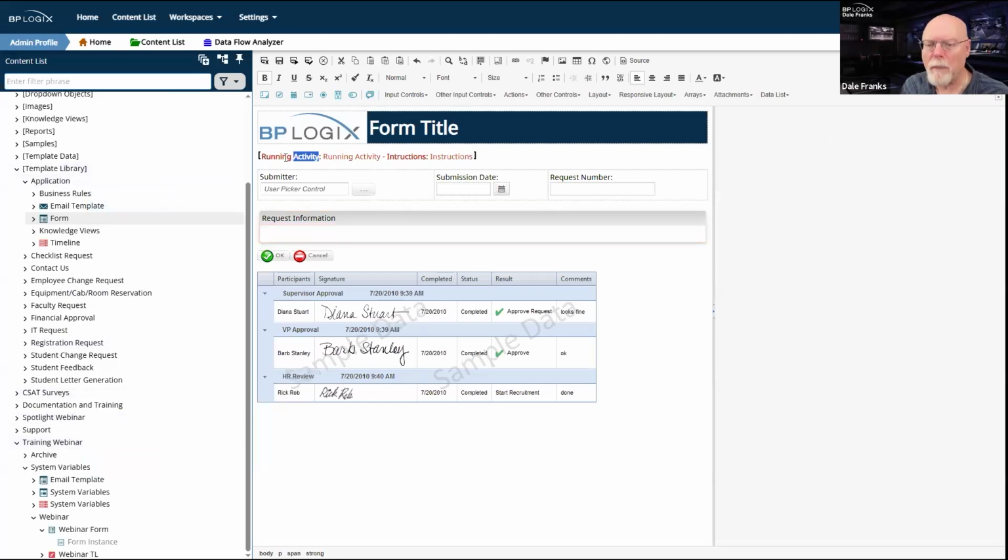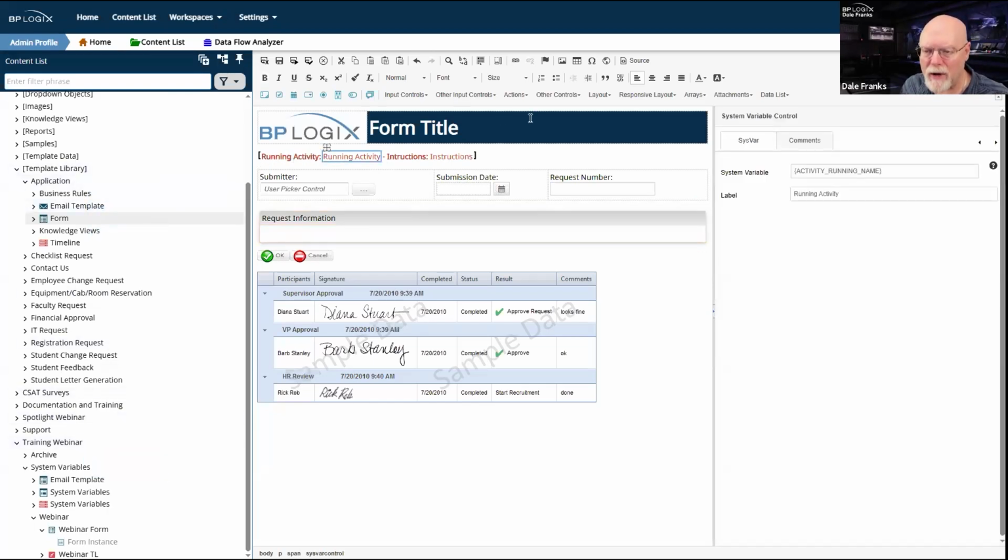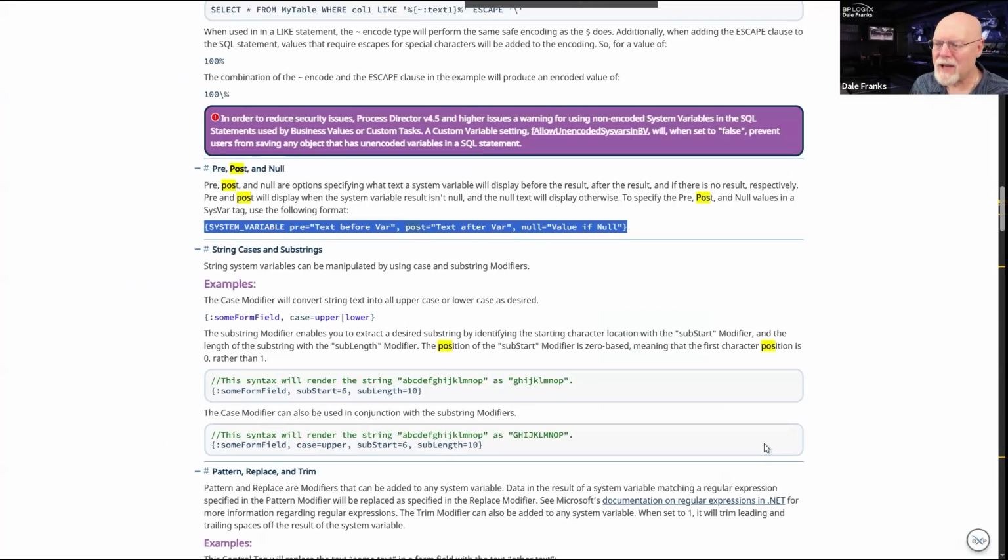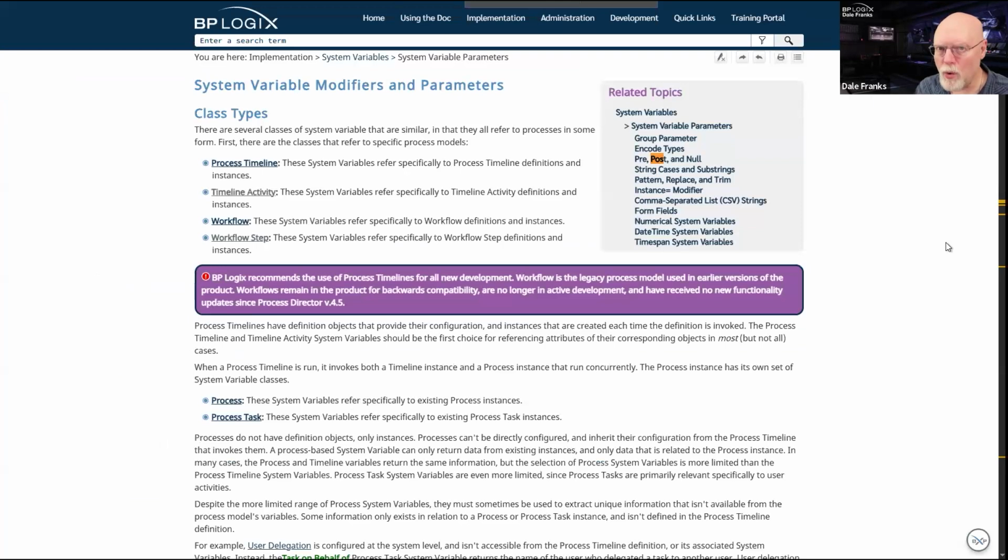It's nice for personalization to use activity users. I think the running activity and the instructions are far more important. And the activity users gets a little bit tricky. The reason it gets a little bit tricky is I've got two activity users system variables, and I would use different ones in different contexts.